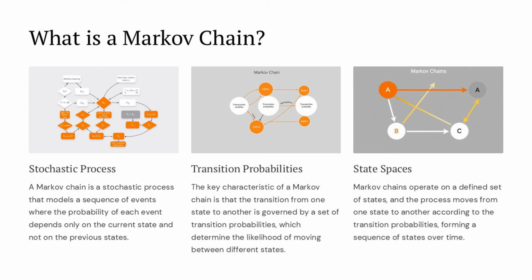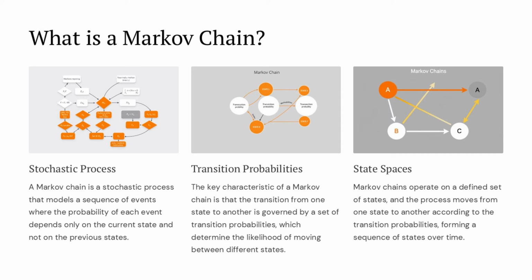the probability of each event depends only on the current state, not the previous states. The key characteristic of a Markov chain is that the transition from one state to another is governed by a set of transition probabilities, which determine the likelihood of moving between different states. Markov chains operate on a defined set of states, and the process moves from one state to another according to the transition probabilities, forming a sequence of states over time. These properties make Markov chains a powerful tool for modeling and analyzing a wide range of real-world phenomena, from weather